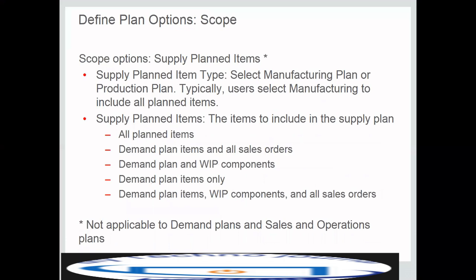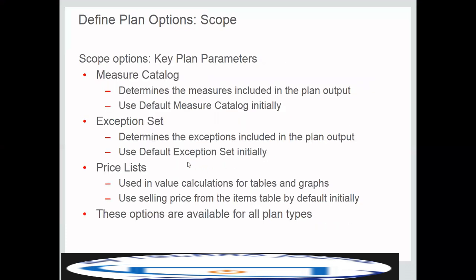Coming to the supply side, in the scope tab, you can decide whether you are defining an MRP plan or an MPS plan, whether it is a manufacturing plan or a production plan. Then what are the supply plan items? What should be included? All plan items, or demand plan items in all sales orders, demand plan and WIP components, demand plan and items only, and demand plan items, WIP components in all sales orders. And this is not applicable for your demand plans and your sales and operation plans, because this is in relation with your supply plan. So the moment you choose a particular type, these options will automatically get removed